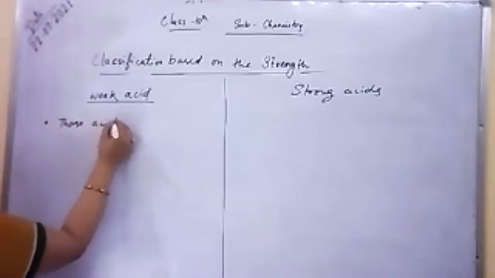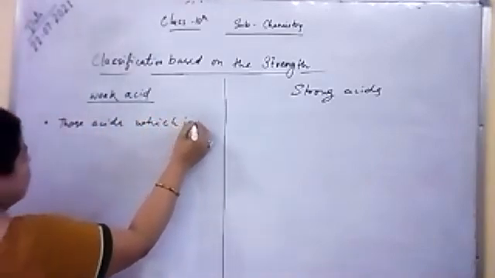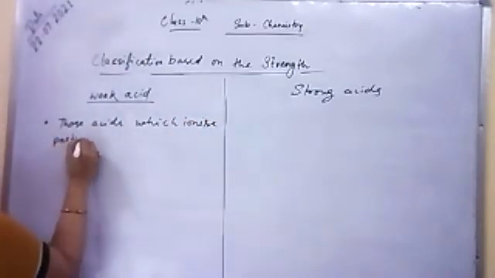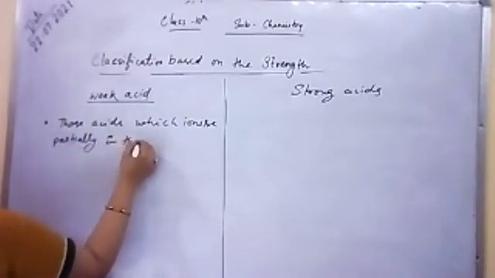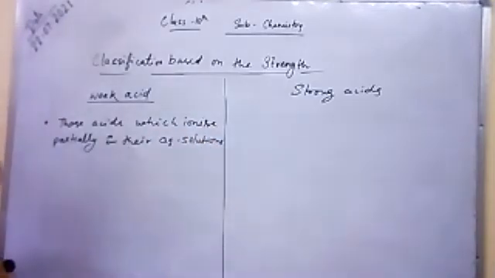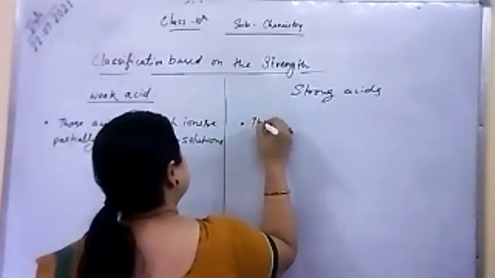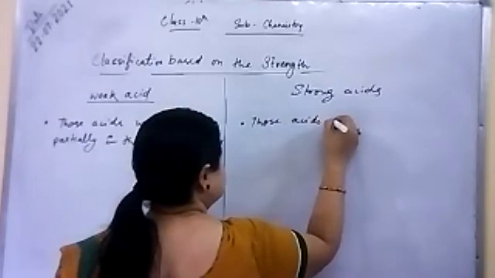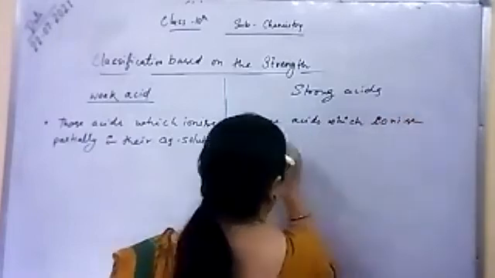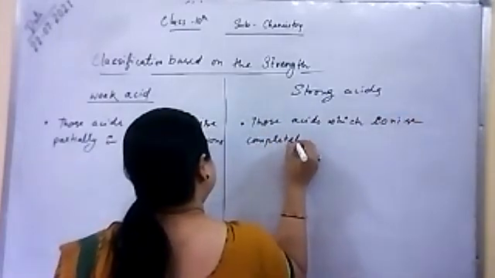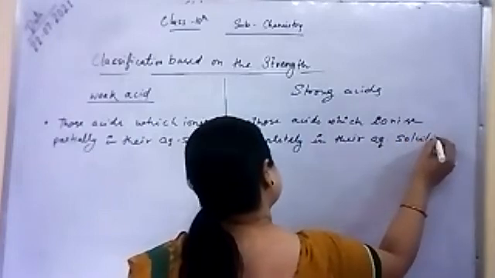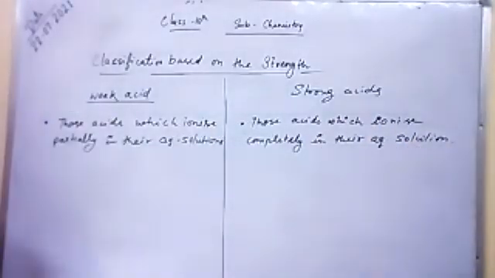in their aqueous solutions are called weak acids, while strong acids are those acids which ionize completely in their aqueous solution. Okay. For example,